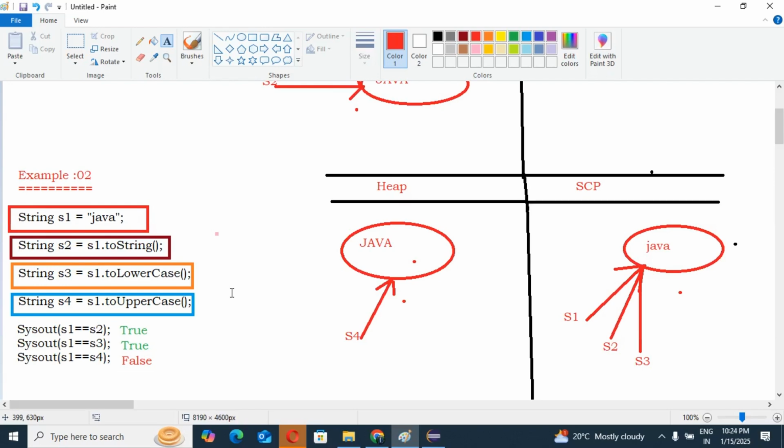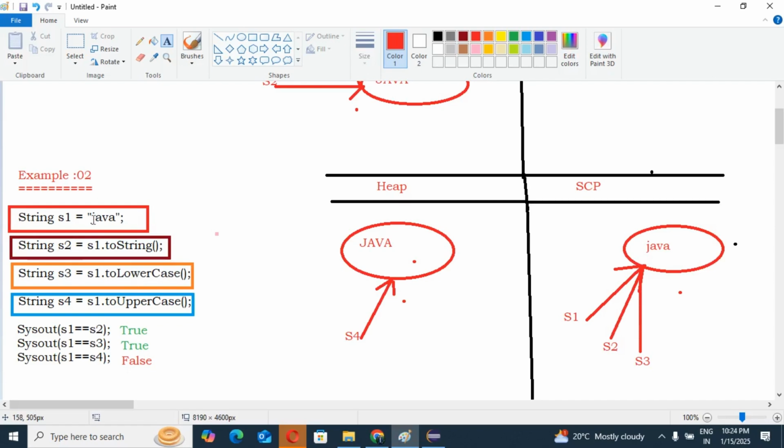So why I have told this loophole: if an object already exists in lowercase and you convert it to lowercase, we are not able to change the content. So the same existing object we are pointing to with s3. Yes or no?